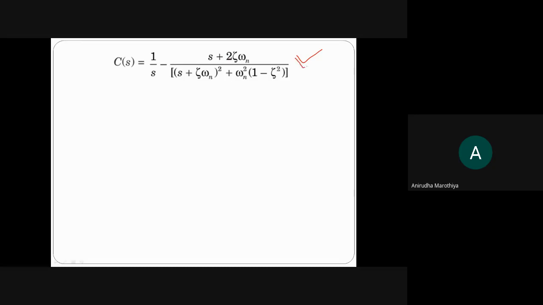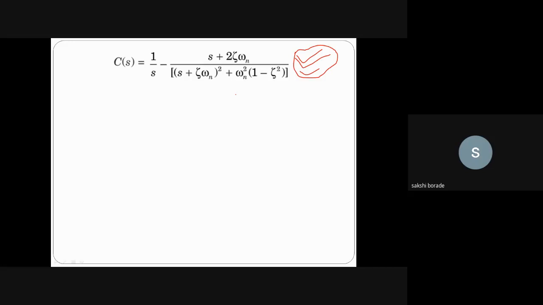So where did this come from? By applying your partial fraction technique, a upon s plus c upon that entire term. So I just want you to please write down this step and let us try to solve this at your home and then cross check whether you are getting this answer or not. But definitely you will get this answer. The thing is that you need to apply logic properly. You will get this as an answer. Are you getting my point?